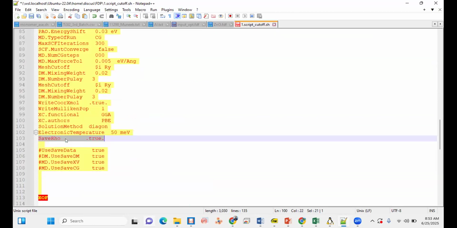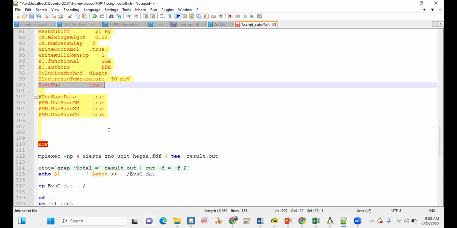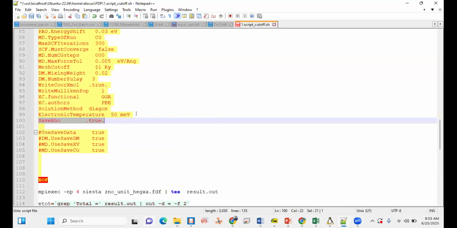For the mesh cutoff calculation, we don't need to save everything, because the folder will be deleted after. And I don't think that we need this one. Yes, during the optimization calculation, we need all these 4 lines uncommented. So this is basically it.